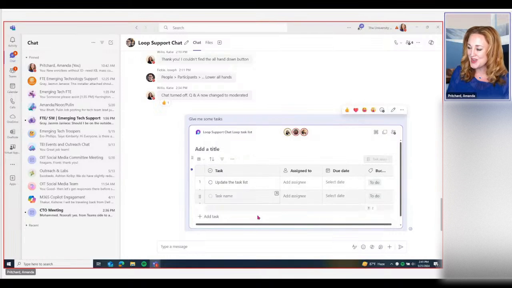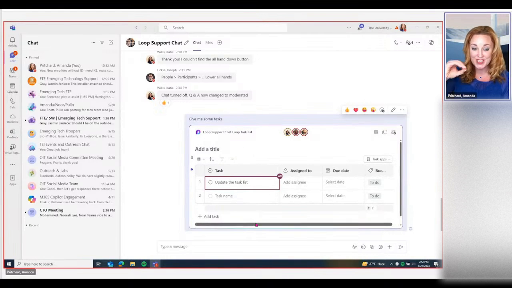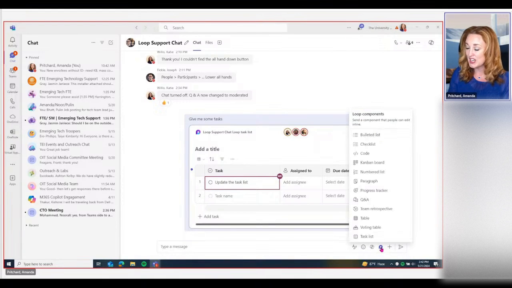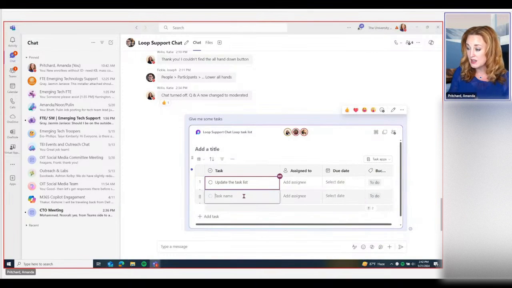But this is another way that you can see how you use this in Teams. Again, all you're looking for, wherever your application you're in, you're looking for that little icon, and you can see it down here. That's where you're going to select. It's going to create a new component each time. If you want to have multiple components at once, that's when you would use that workspace or that page. If you're just needing quick assignments here,